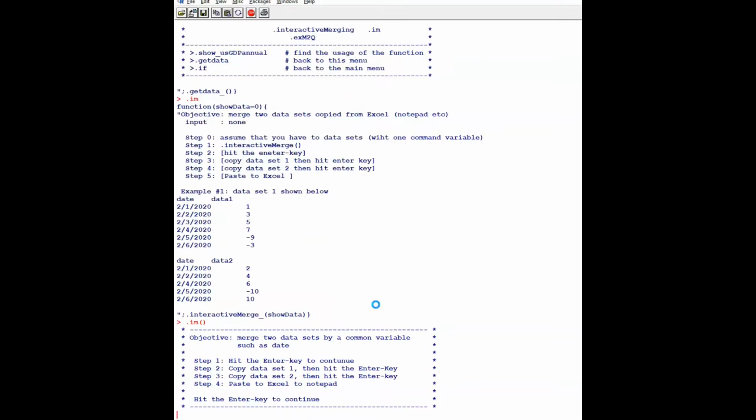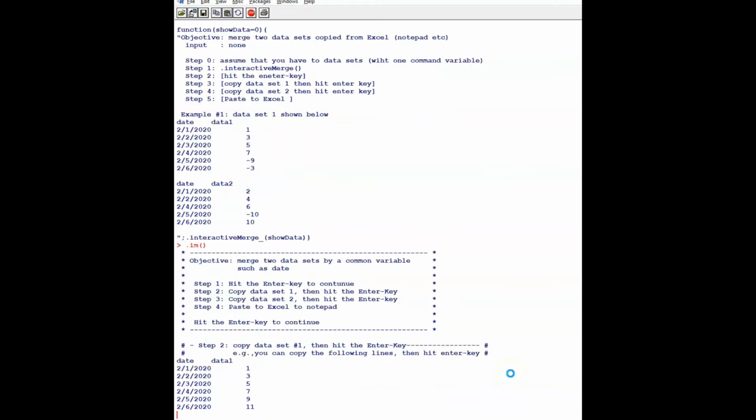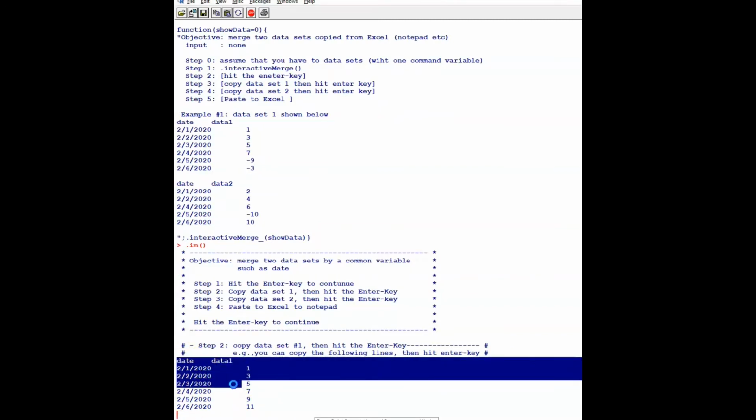The objective is to merge two data sets by a common variable. We have two data sets. The date is a common variable. We are going to merge these two data sets based on the date. So hit the enter key to continue. Then if we have a data set, we can copy this one. So let's copy this